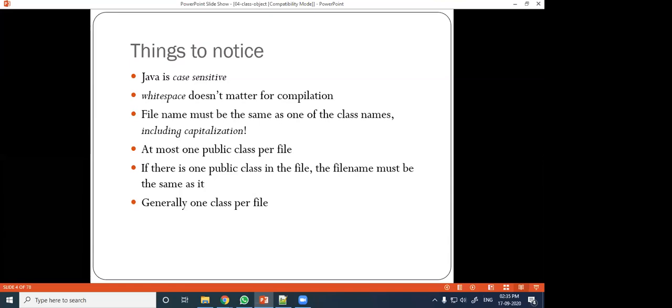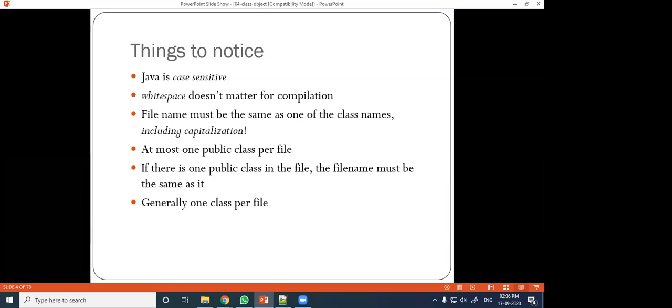Means if your file name is in capital letters, your class name should also be in capital letters. At most one public class per file. If there is one public class in the file, the file name must be the same as it.